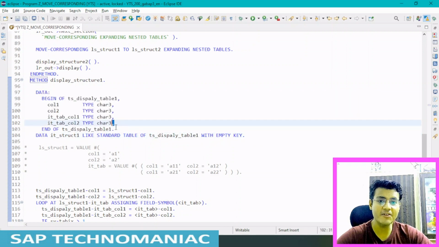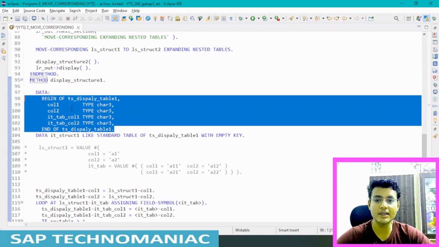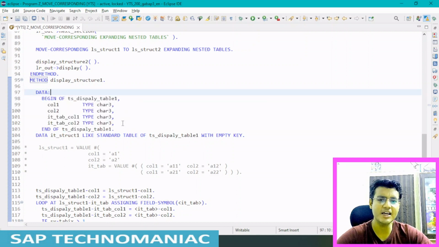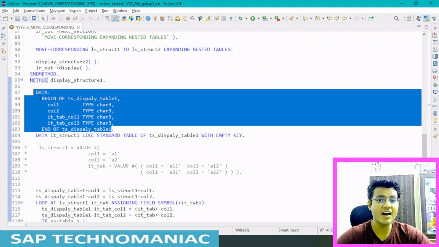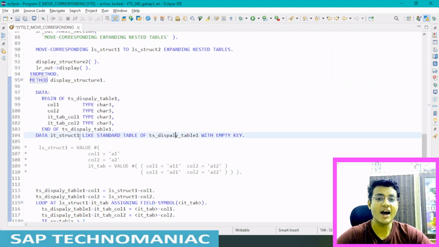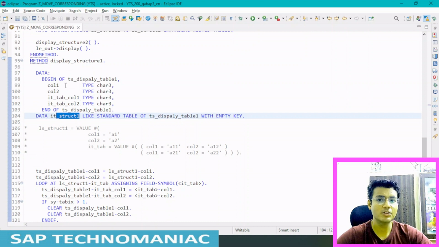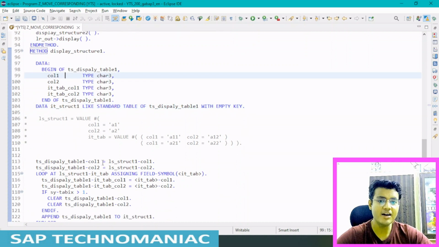This is the work area; we declare it without declaring a type. We can use the DATA statement directly, so we can declare the work area. I declared one work area, and for this work area I declared one internal table. For filling this work area, I filled column 1 with the value of structure 1, so there will be A1, and in column 2 there will be A2.